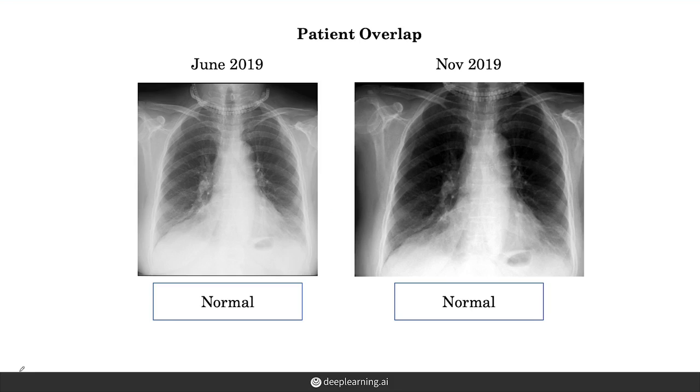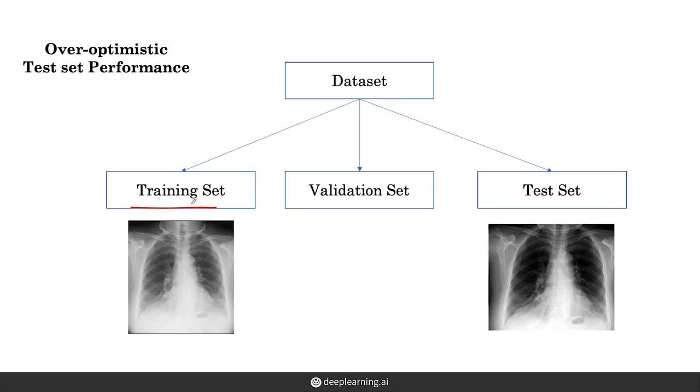Let's cover the problem of patient overlap first. Let's say a patient comes in twice for an X-ray, once in June and once in November. Both times, they're wearing a necklace when they have their X-ray taken. One of their X-rays is sampled as part of the training set, and the other as part of test. We train our deep learning model and find that it correctly predicts normal for the X-ray in the test set. The problem is that it's possible that the model actually memorized to output normal when it saw the patient with a necklace on. This is not hypothetical.